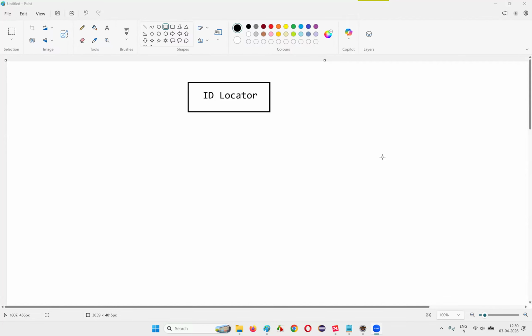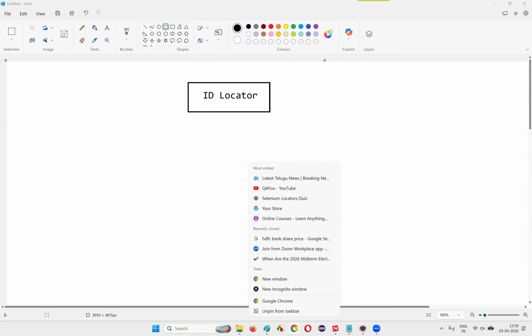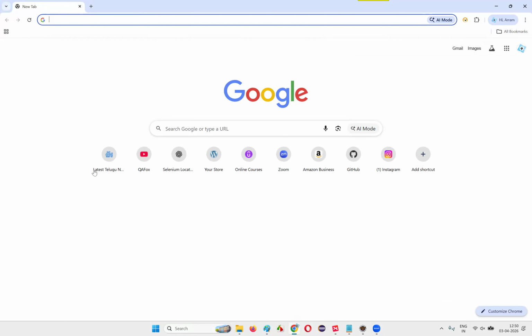In this session, I'm going to practically demonstrate how to use the ID locator to help the Selenium automation tool in finding an element on a web page. So let's get started. For this practical demonstration, I'm going to open this browser and take you to a sample application page, that is